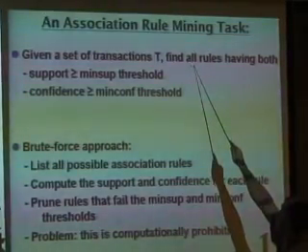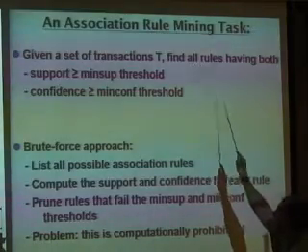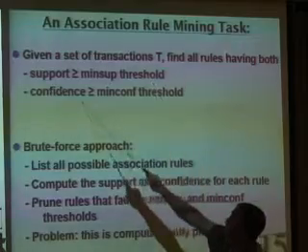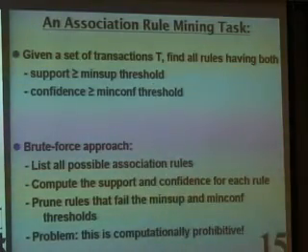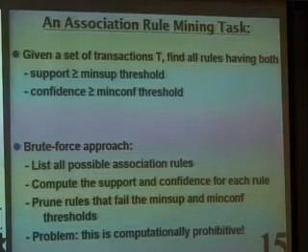Even with a small supermarket data set, you'll see there's a lot of rules possible. Having the support exceeding some minimum threshold and the confidence exceeding some minimum threshold. That's the data mining task. That's the formulation of the problem that the book talks about in sections 1, 2, 3, et cetera. They sort of focus on this one specific formulation of the problem,